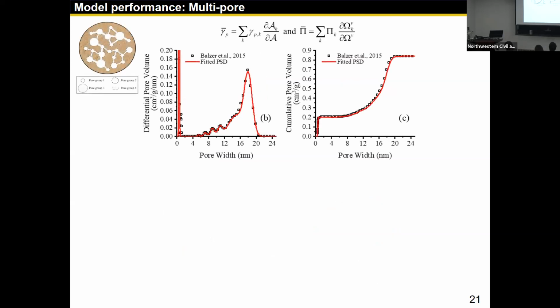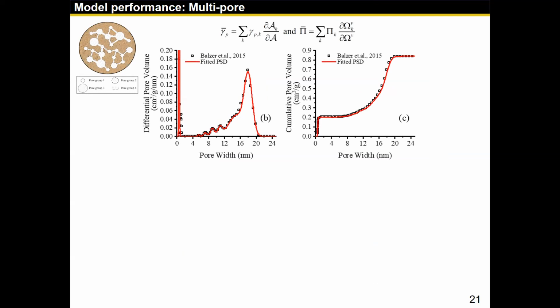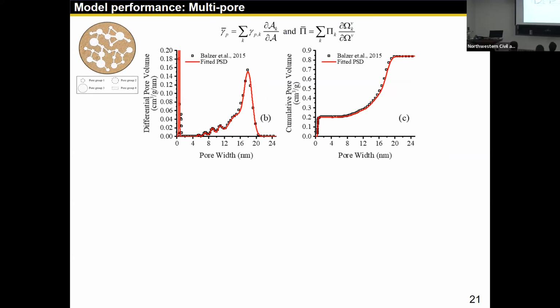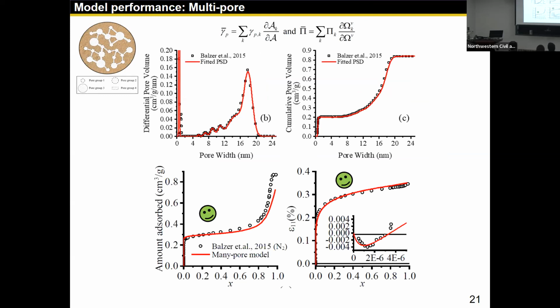So then we generalize the model to consider n different sizes of pores. Here you can see that you need to use the smeared disjoining pressure and surface tension in the formulation. Here we use 107 different pore sizes to capture the pore size distribution of the Bowser's data. This is a cumulative one, and the new prediction looks like that. Now the later increased adsorption amount is perfectly captured, thanks to the inclusion of the meso or macropores.